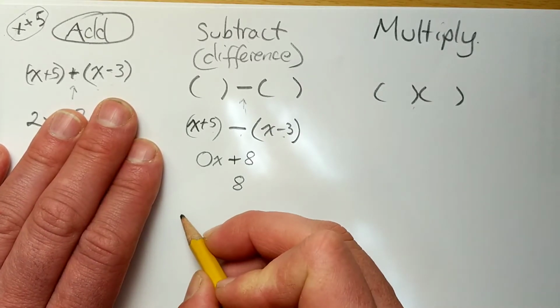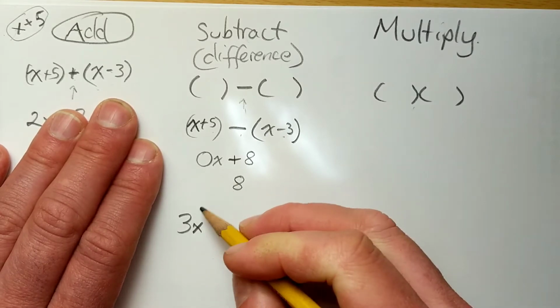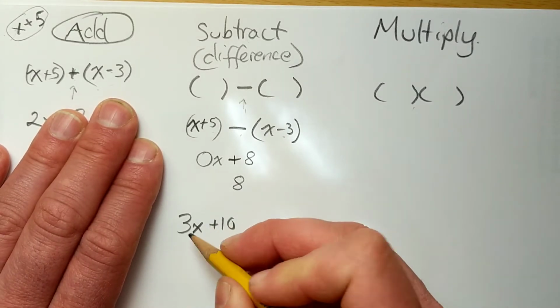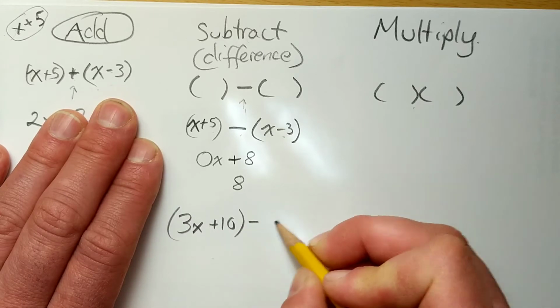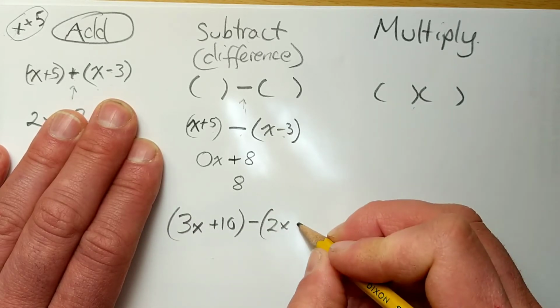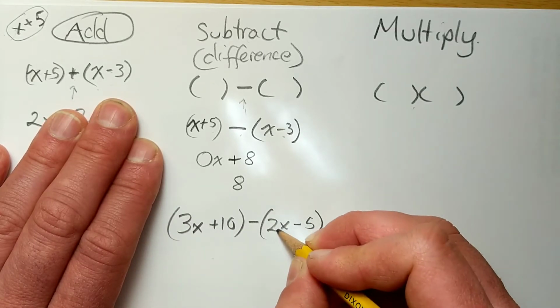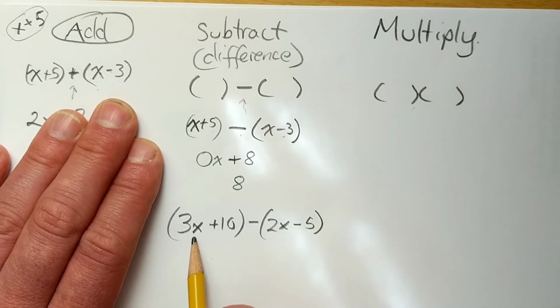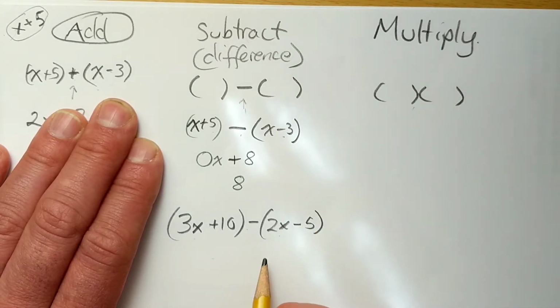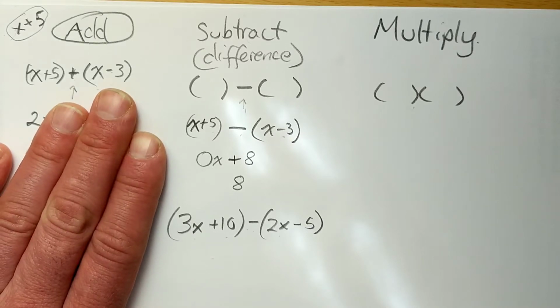That doesn't usually happen. I'll do another example here. Let's do a different number. Let's do 3x plus 10 minus 2x minus 5. So we could do it in our head. 3x take away 2x, that'd be 1x. 10 take away negative 5, that's a double takeaway, so add 15. The answer is x plus 15. But